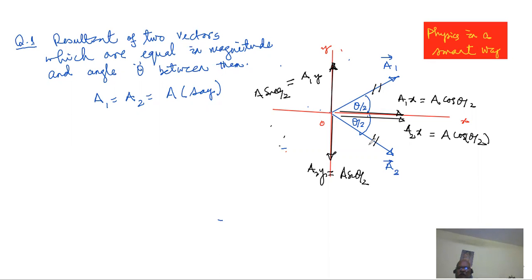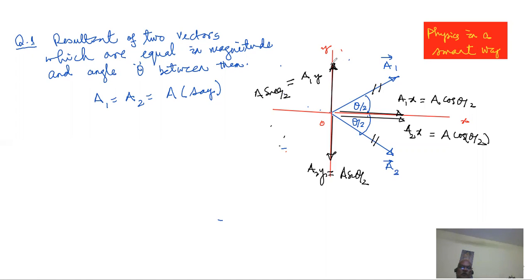It is wrong if I say like this. A2 doesn't exist because we have already broken down A2 into its X and Y part. If you break down a vector into its X and Y part, the original vector no longer exists. So now the next step, we know we have to combine all the X parts and all the Y parts together to go for sigma X and sigma Y.